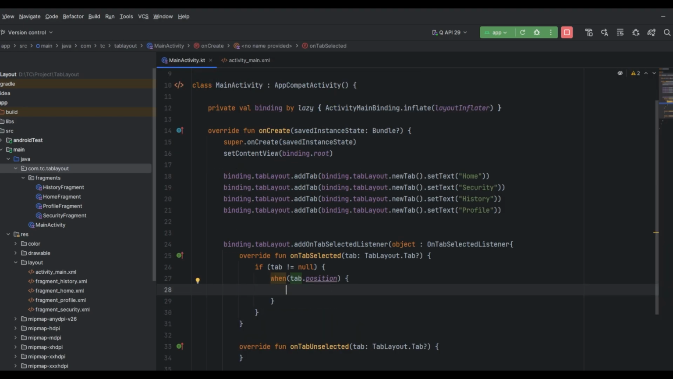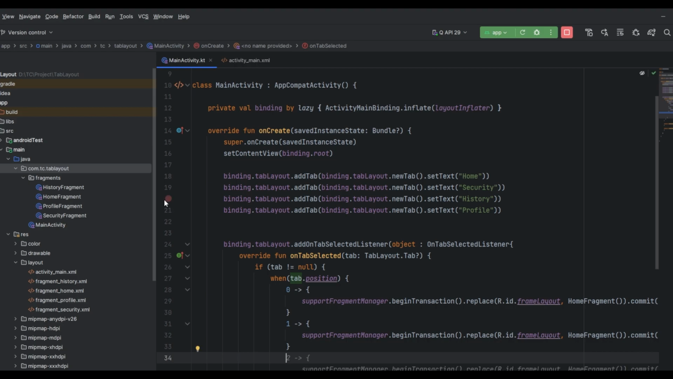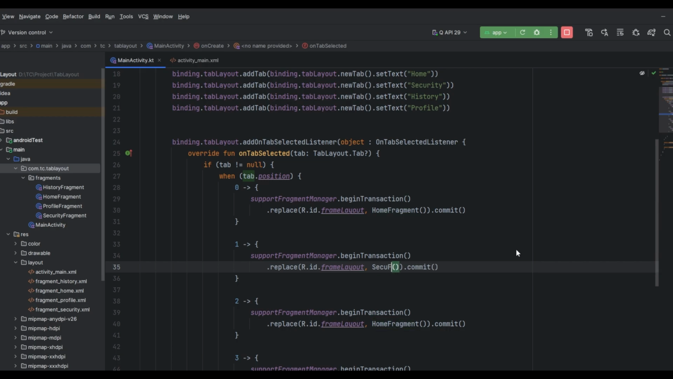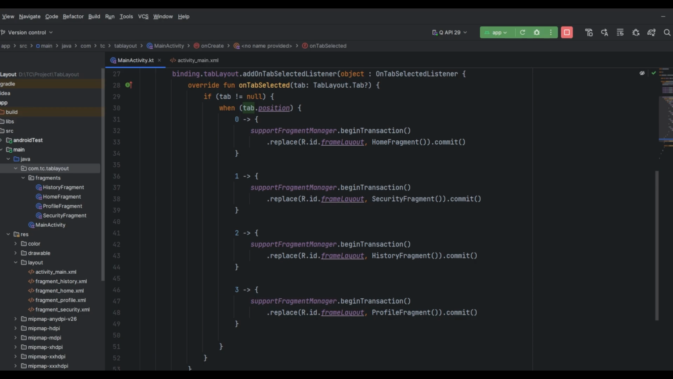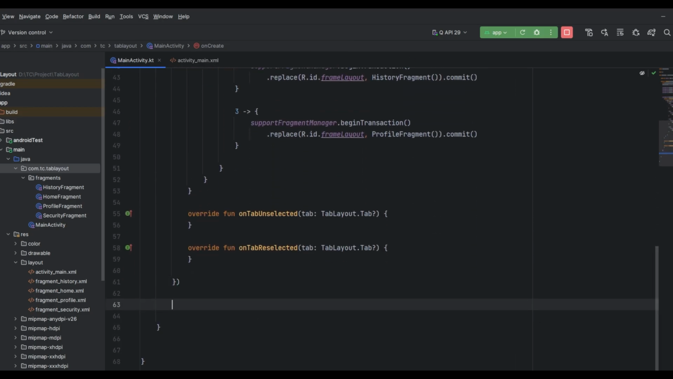So first I check if the tab is null or not. If the tab is not null, then I will use when to switch between tab.position, and each position will switch between each of the fragments. So for position 0 we will replace the frame layout with the home fragment. For position 1 we will use the security fragment, and so on. So this is just it. We added all of this fragment one by one: security fragment, then history fragment, then the profile fragment,